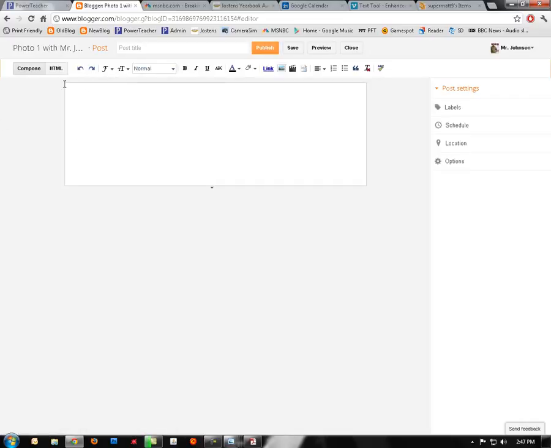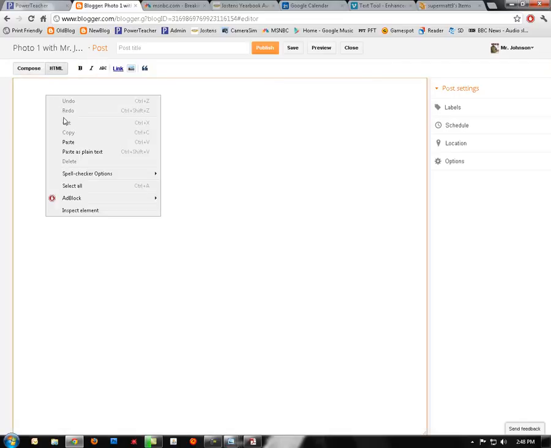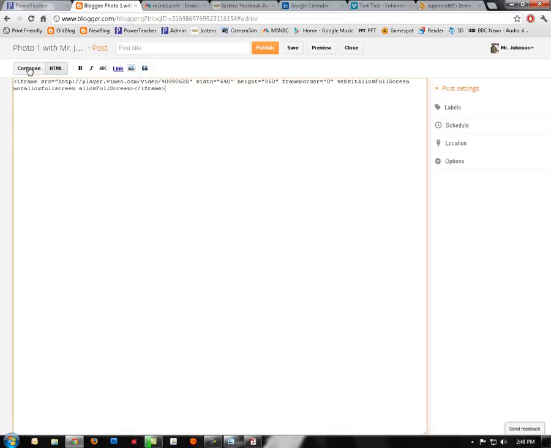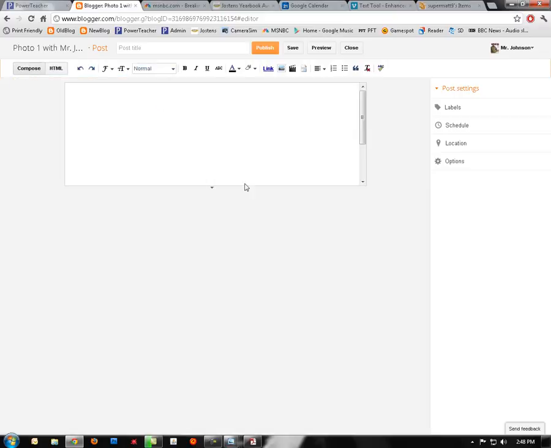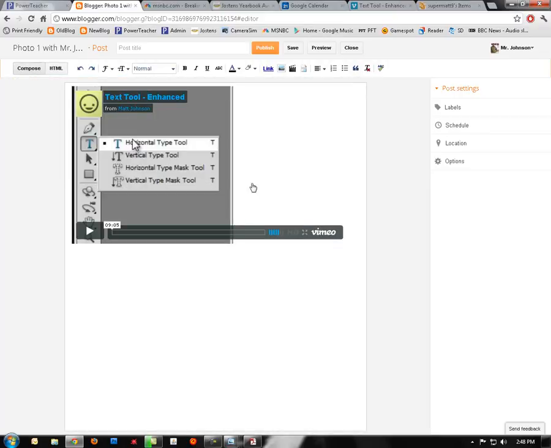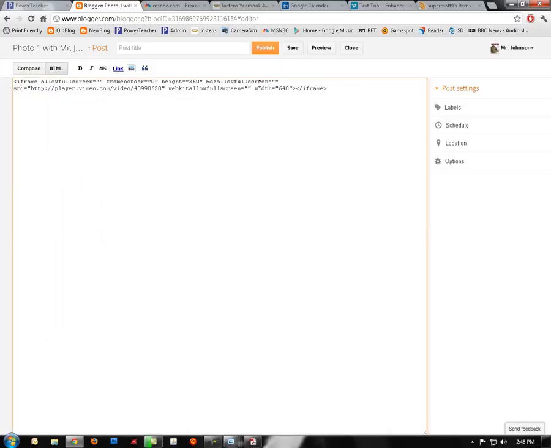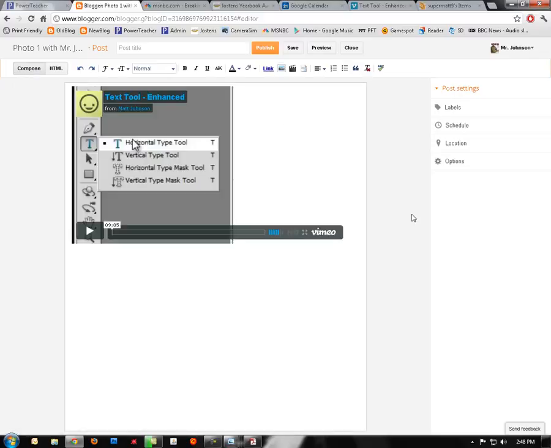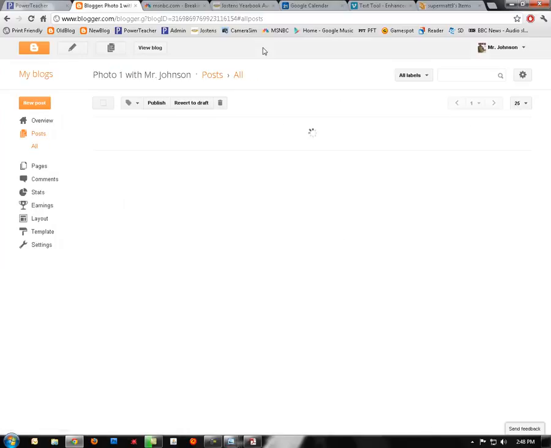And the really, really easy way to put it in is just to click on this HTML button and then just right click and choose paste. And there you go. If I click back on compose, you should see, there you go, there's my video right there. Now the neat thing is, it's kind of shrunk down. Remember I saved that as 1280 by 1024. Well, my Google blogging is trying to squeeze it down to 360 and 640. I could change those and make them bigger if I wanted, but you don't really need to because once I hit publish,